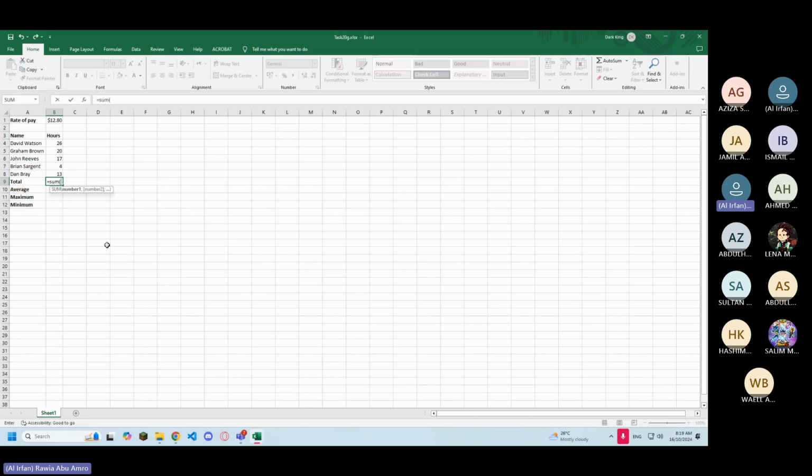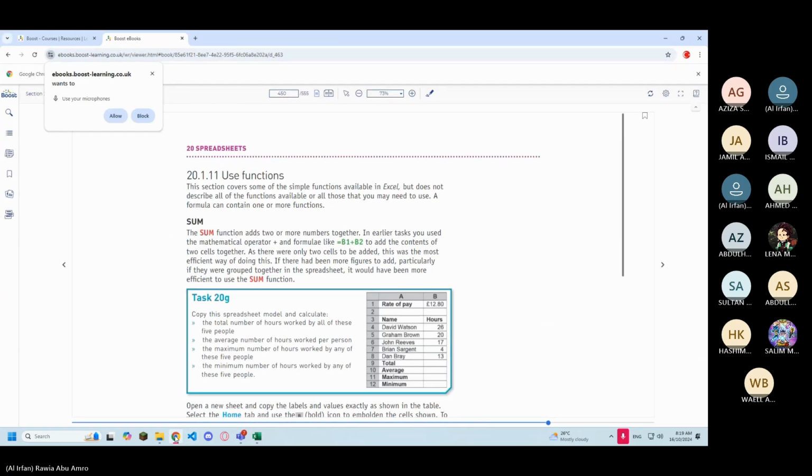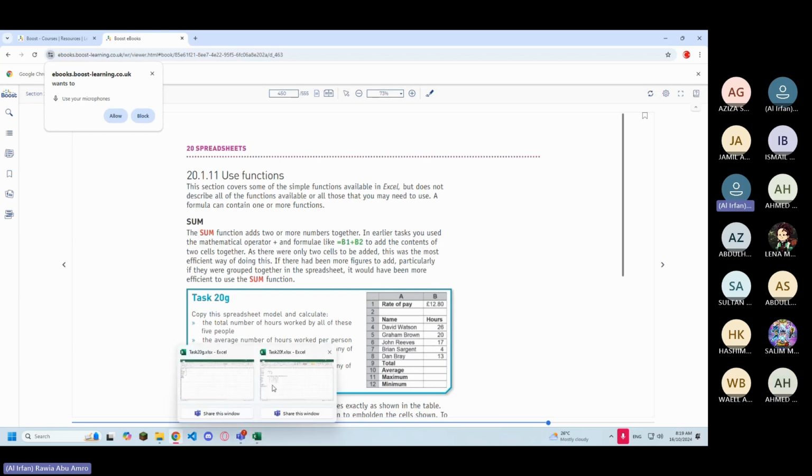We want to add the hours of working. Let's read what we have to calculate. We have to calculate the total number of hours worked by all of these 5 people. Okay, so we want to add the cells from B4 until B8, right? So I have to go back to my